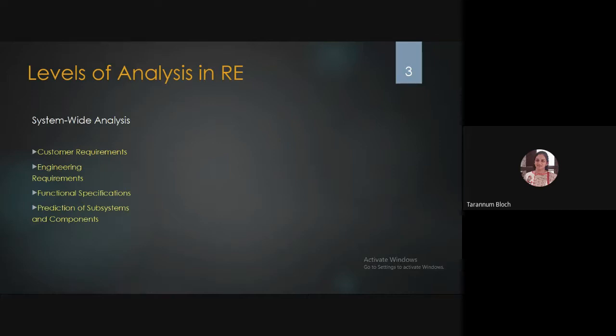Then we'll understand engineering requirement. For example, if it is an Android app, what could be the requirement to develop such software, right? If it is a system, definitely if it is storing the data, we could have some database management system. So that's called engineering requirement. To develop such projects, what all are the requirements? Then we'll go with the functional requirements. Functional requirements is like actually how that system works. For example, if it is a web application and you are doing the login check or you are doing the registration, so to register for a website is a functional specification, a functional requirement.